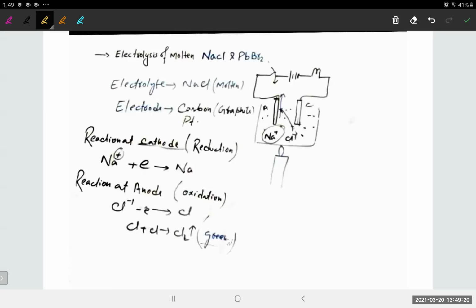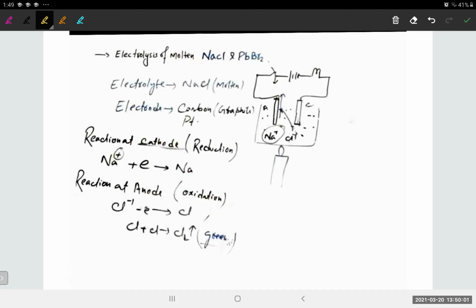That is, we have the whole reactivity table, the electrochemical series, right? And then there is preferential and selective discharge of ions, and after that we are told these reactions. But in this session I'm just telling you before so that your basics are clear, and then we'll move on to the higher level things. Okay, so you'll find some difficulties in the further slides, that is in electrolysis of acidified water. That's not a difficulty, but yes, there's an exception, and you'll understand that in the further videos, because there I'll be telling you about the electrochemical series, and then your doubts will be cleared.